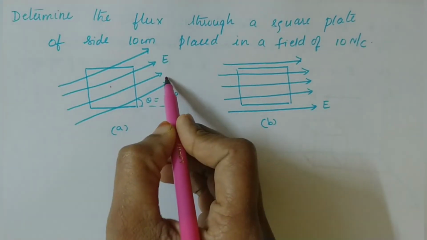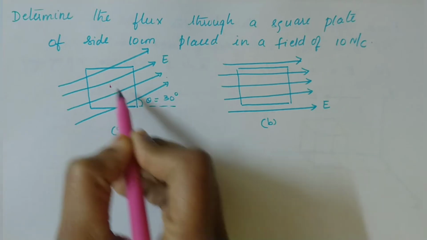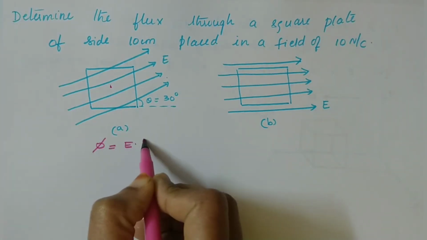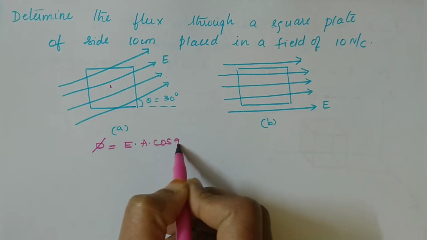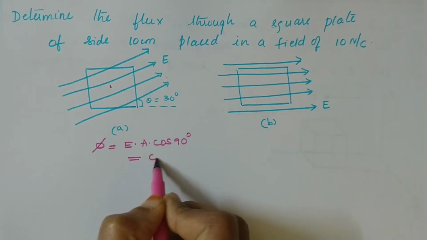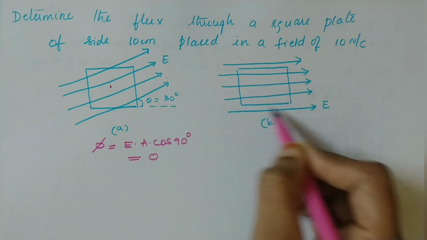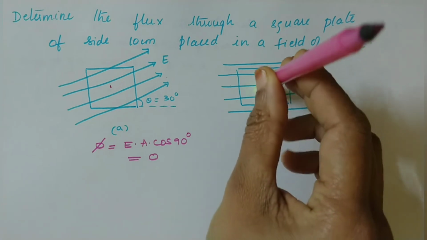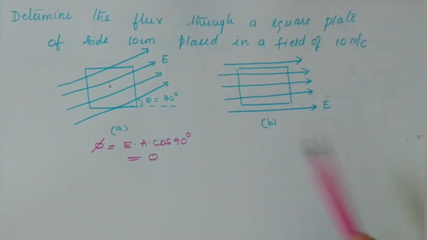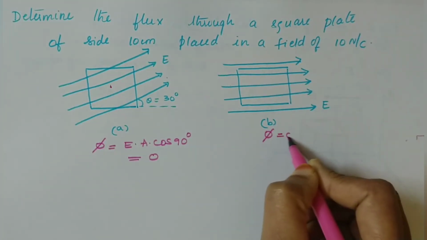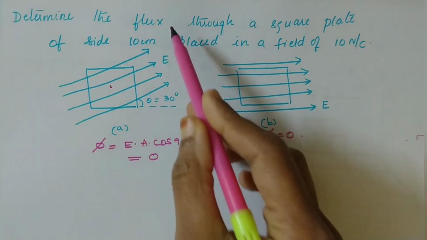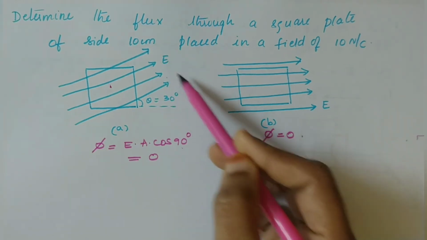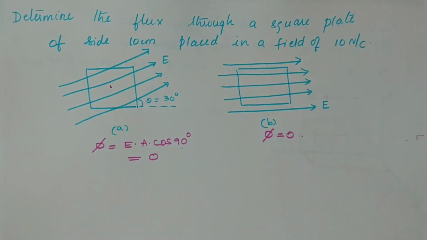So angle between electric field and area vector is 90 degrees. So flux would be E into A into cos 90. So your answer is 0. The same would be the answer even for this question. Plane is this, area vector is perpendicular to electric field, which is outward normal. So flux would again become 0. All this data is given to confuse you. Remember, the angle is 90, so whatever be the value of E and A, the answer will come out to be 0.